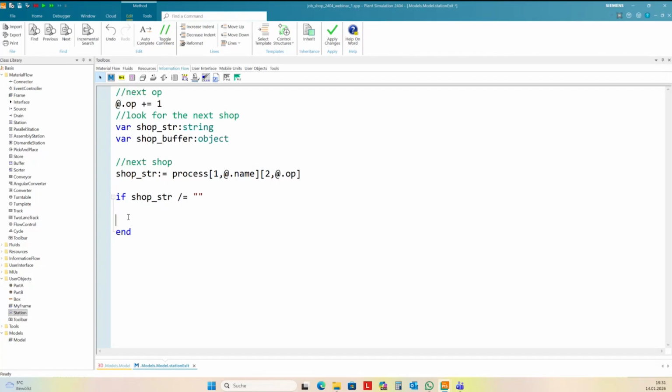I need to move to the train, and if this field is not empty, then I can create a reference to the shop buffer. And I use here in this example the method extend pass.